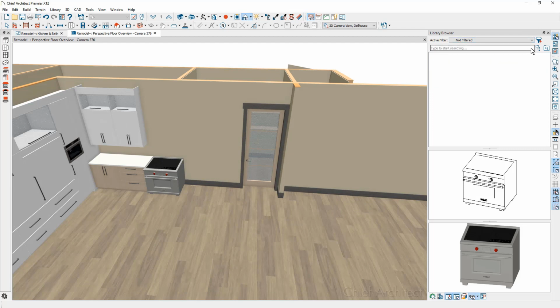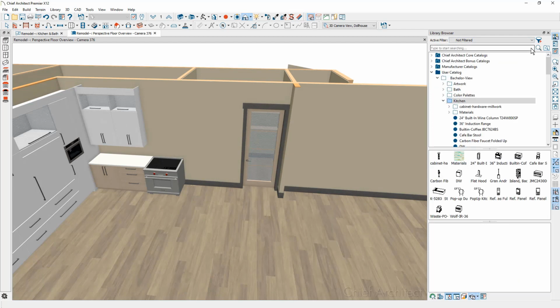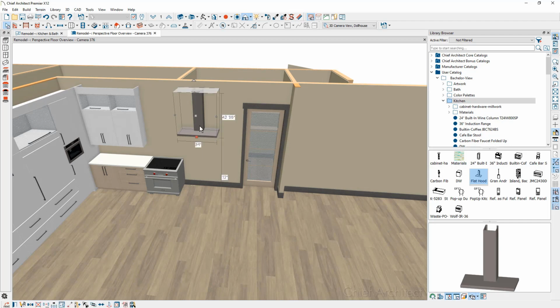Let's clear our search. I'm going to go back into the library and I'm going to find a cook hood. I have one saved in my favorites. Click and place it. A lot of times I like to place those objects and then use the center tool in the lower edit menu. Center object. Come over here, find the cook range, center it. I now know those two objects are exactly one over the other.